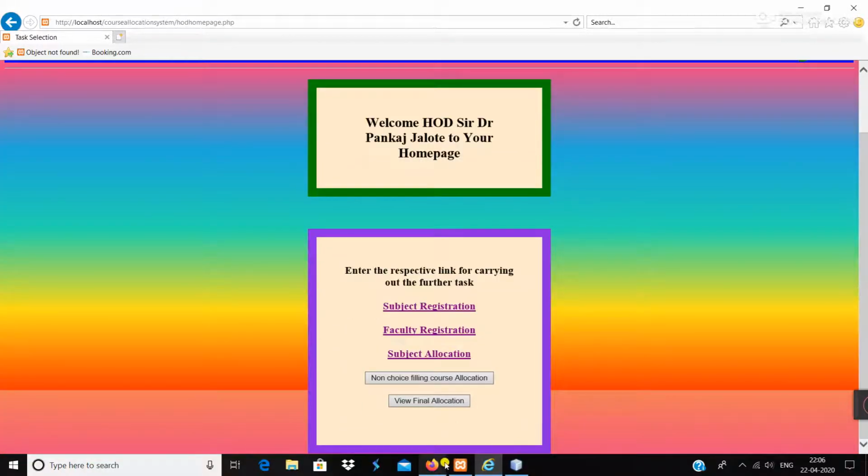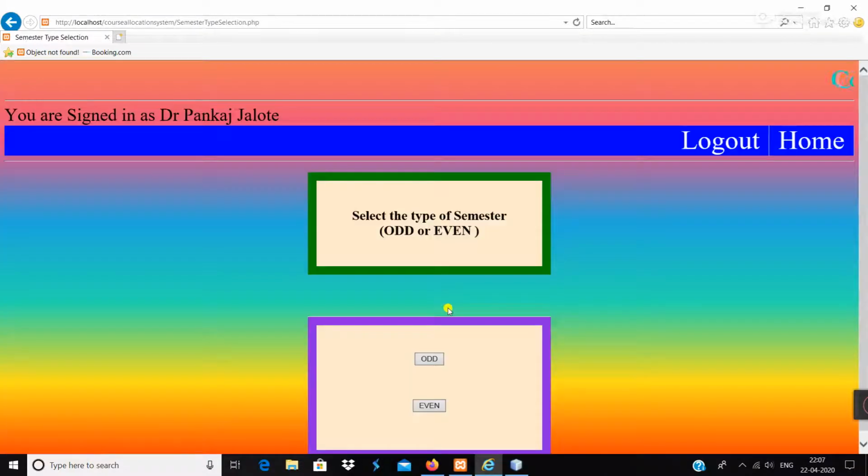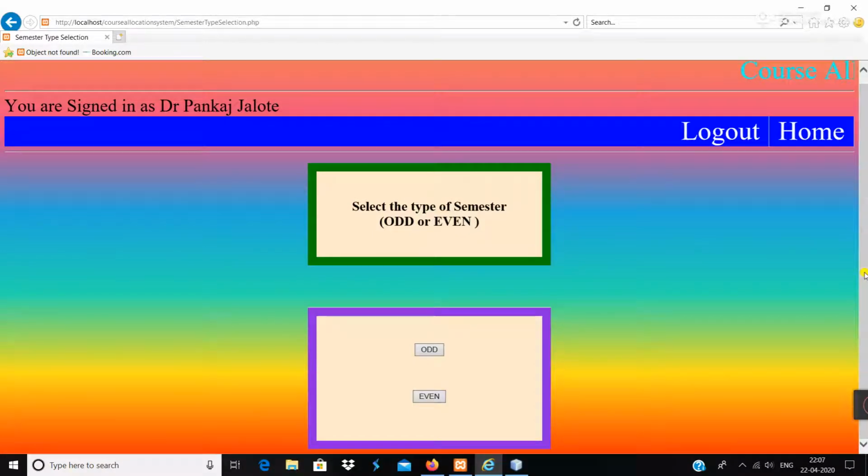So these many faculties will be giving their choices, but for giving their choices, we also need to select the courses, right? In subject registration, basically what will the head of the department do? He will be selecting those subjects which will be available for the choice filling. As I said just before a few minutes, that some faculties may have expertise in some subject, so such courses should be eliminated from the course allocation, right? They should not be available for the choice filling, because those subjects are to be taught by some other faculty. It is predefined, right?